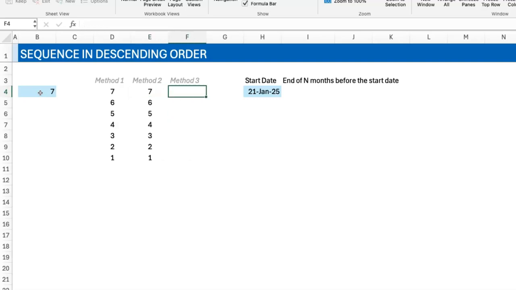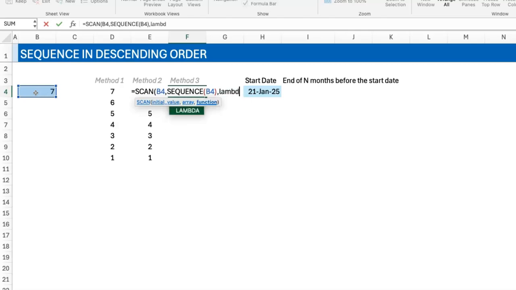The third one is an overkill, which is really just maybe to prove a point. So you could use the scan function. For the initial value, I could say yes, start at the same value. Now in terms of the array, I know I want this to happen n number of times, which is the same 7 times. So basically I would create just a sequence of 7, whatever is happening in there, I really don't care. I pull up a lambda,